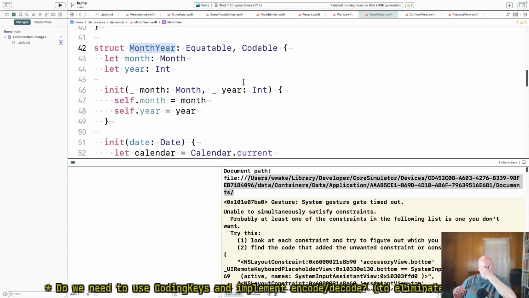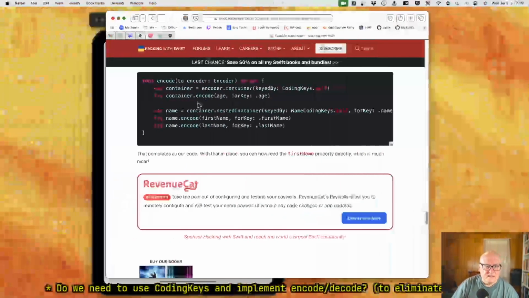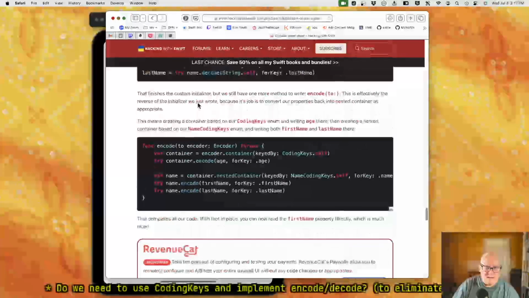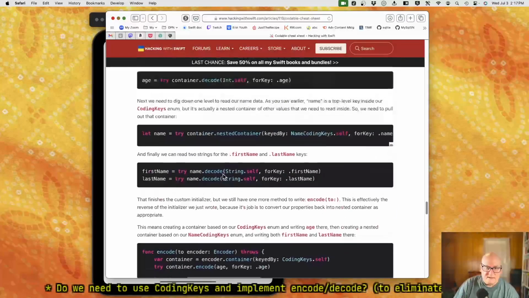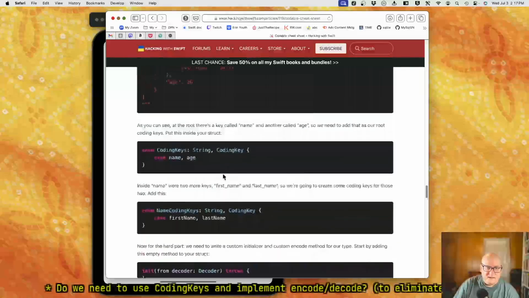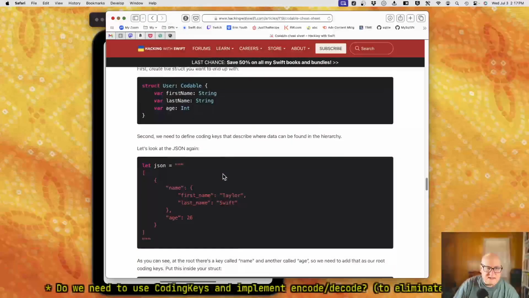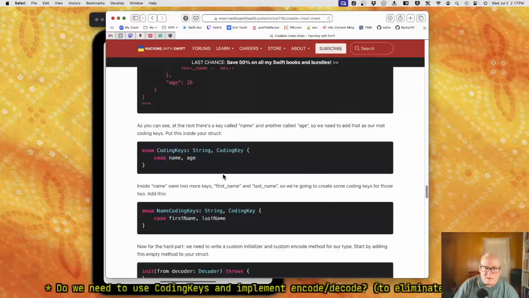So, that's nested container. I thought it kind of just worked. I'm not sure why he's even having to do this stuff.